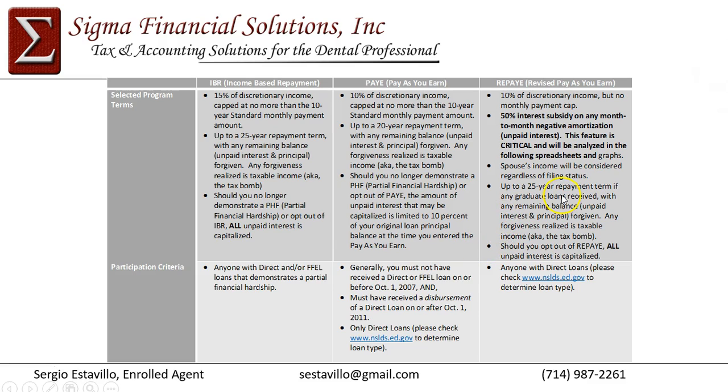So to expand some of the benefits of PAYE to those borrowers who weren't eligible because of these restrictions, the federal government introduced REPAYE, and that became available as of December 16th. It has the same monthly payment amount, which is 10% of discretionary income, but it does not have a payment cap. So if your income increases dramatically, and as a result your payments exceed the 10-year monthly payment amount, under REPAYE the payments would be based on your income, so there's no cap.